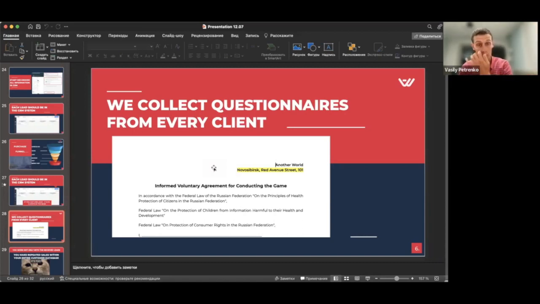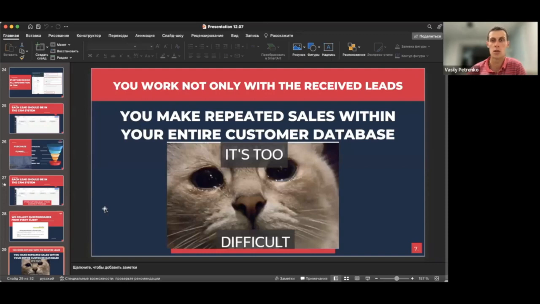Okay. What else? Oh, and by the way, we made it easier, and we are working on that. I think it should be ready. We are making it easier for you, so it will not be a printed piece of paper. It will be a QR code, which people just scan with their phones. They open the page, fill in their info on the digital page, and it is automatically added to your CRM system. Okay, we can do that for you. Ask us how to do that, and we will help you. So we are making it easier for you in all of the ways.